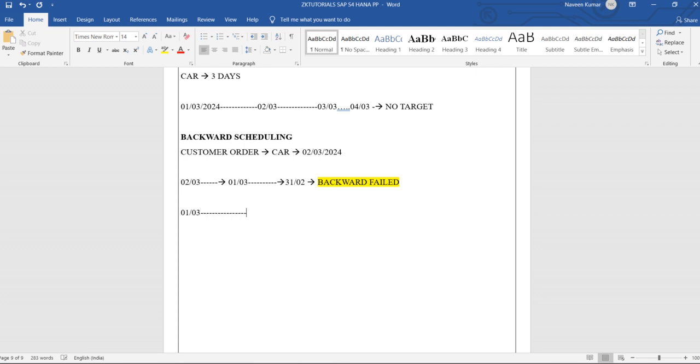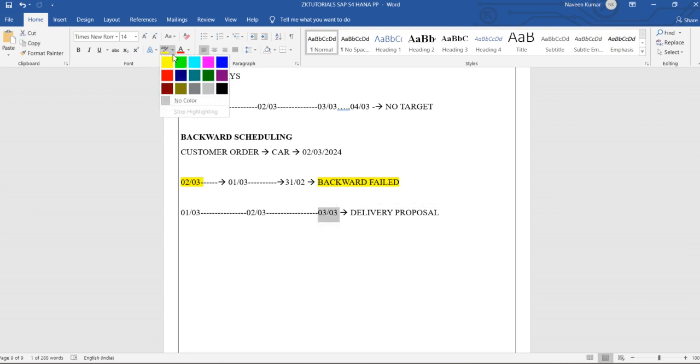Okay, and it will go for the 2nd, the 3rd, and it will give a delivery proposal. We will give a delivery proposal saying you have asked for delivery on the 2nd, but that is not possible at all because we cannot start and complete it, as we need a minimum of 3 days to complete. So in this particular case, on the 2nd we cannot deliver, but on the 3rd we can deliver because we need 3 days for this one. So we can give this as a delivery proposal. That is what this particular